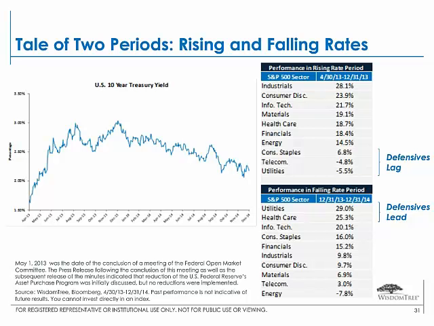In this rising rate period from the end of April to the end of December in 2013, you had certain sectors that did very well: industrials, discretionary, technology. And you had other sectors, notably telecom and utilities, which are known more for higher current yields and less for dividend growth. You saw those sectors deliver negative returns in that rising rate environment.